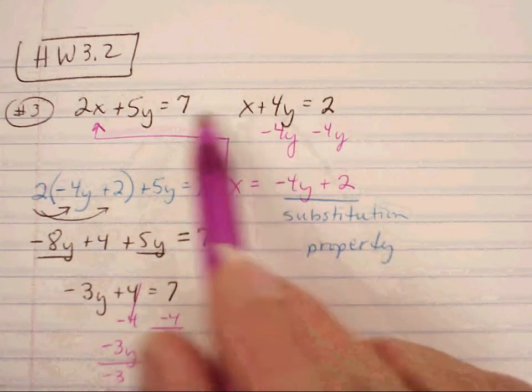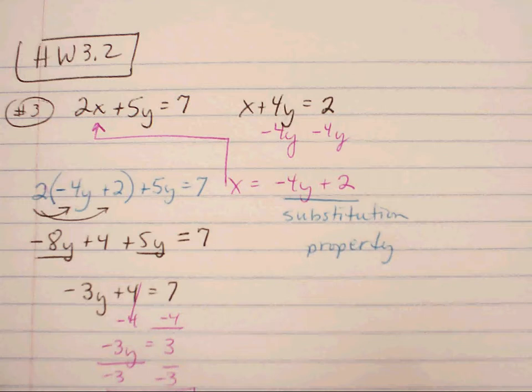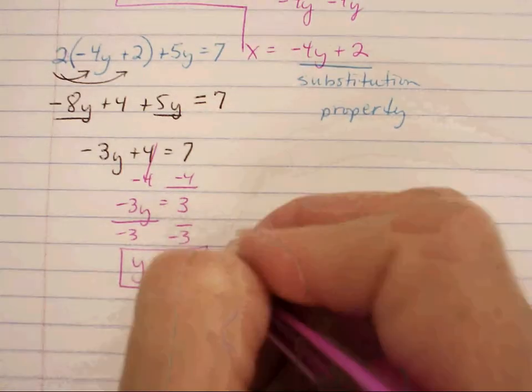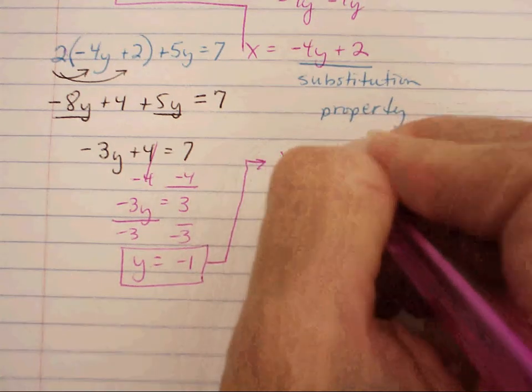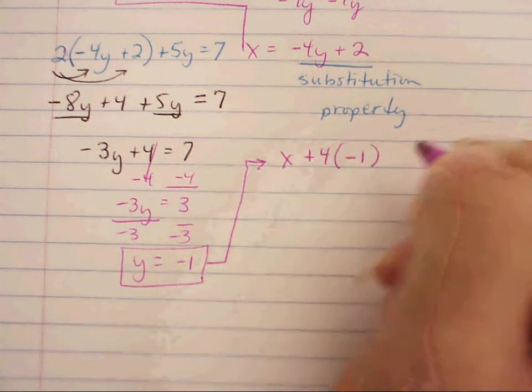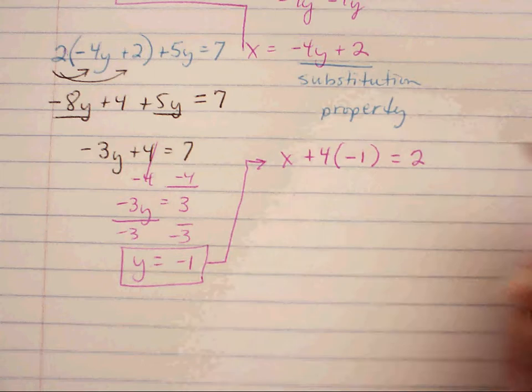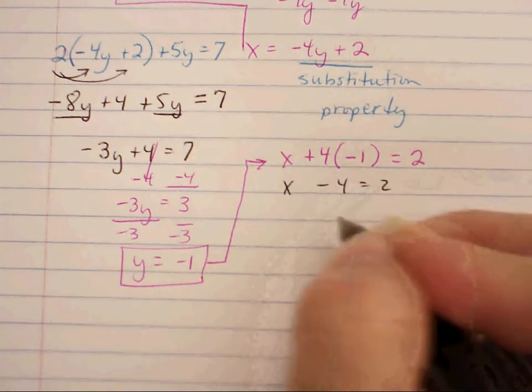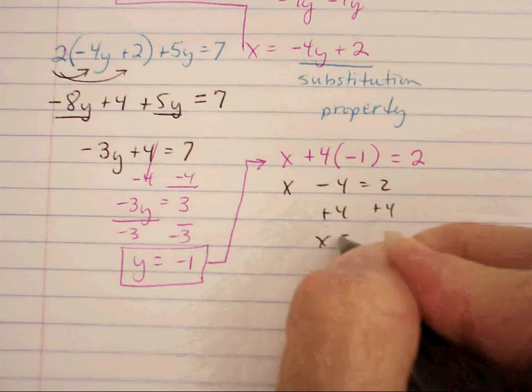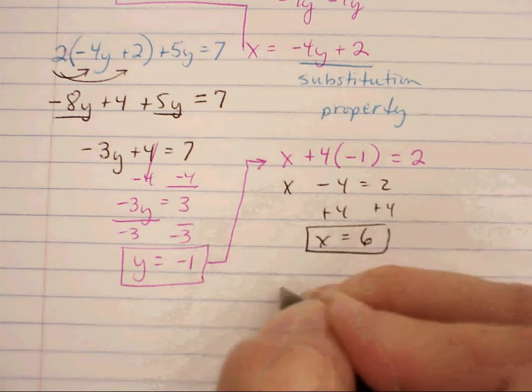Divide by negative 3, and now we know half of our answer. y equals negative 1. Wes, how do you suggest I get the other half? Okay, so I'm going to plug it in. Which one would you plug it in for, Wes? y1 or y2? y2. Okay, he chose y2, so I'm going to back substitute into x plus 4 times, now